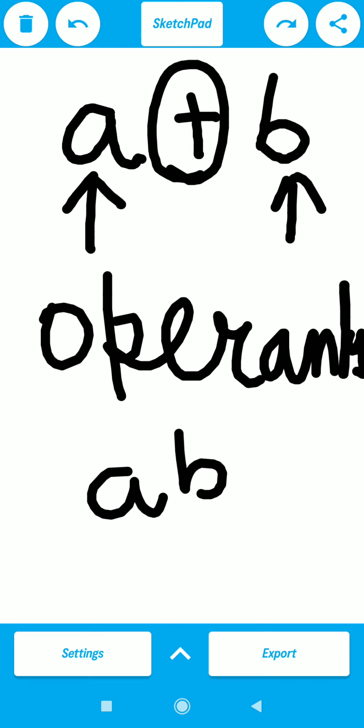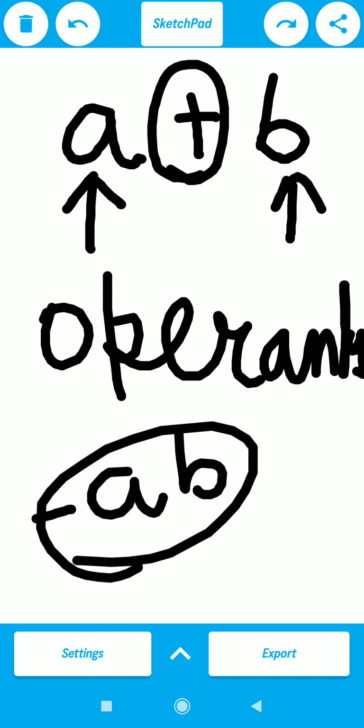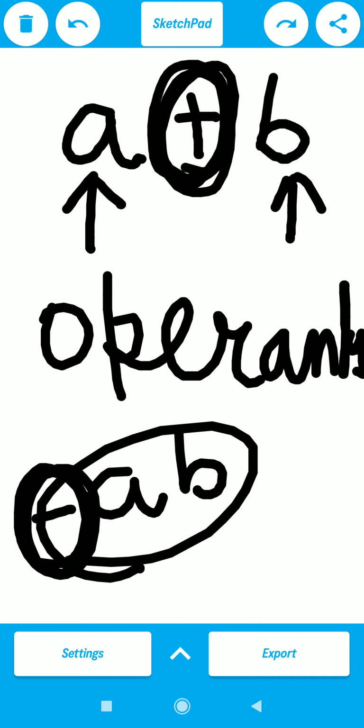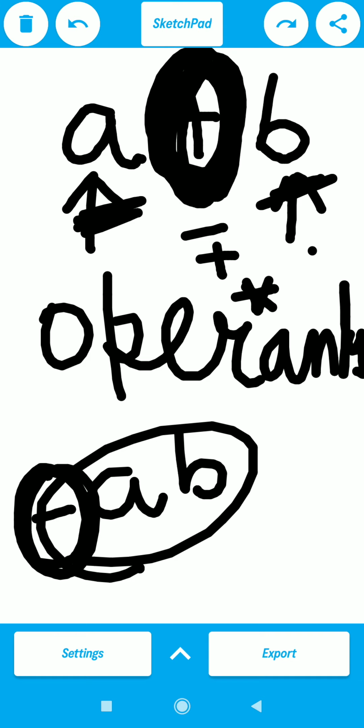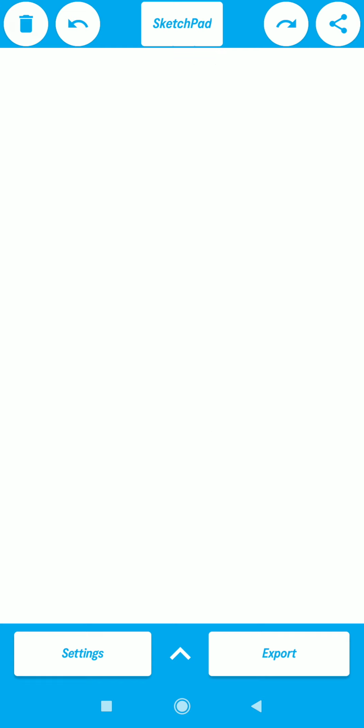Suppose I have two variables, I am writing minus between them, not before them, right? So whatever I am writing in between is an operator. These operators are used when you want to evaluate something with the help of these two variables, operands. So whatever you are typing in between, minus, plus, multiplication, division, divide, modulus, these are all operators.